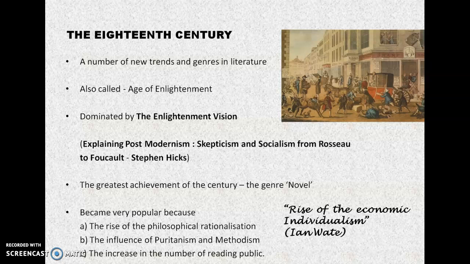It is obvious that the greatest achievement of the century is the genre novel. There are three main reasons for the popularity of this genre at this time: the rise of philosophical rationalization, the influence of Puritanism and Methodism, and the increase in the number of the reading public helped the genre to stand on its own. And Ian Watt, a literary critic, comments on this century as the century that saw the rise of